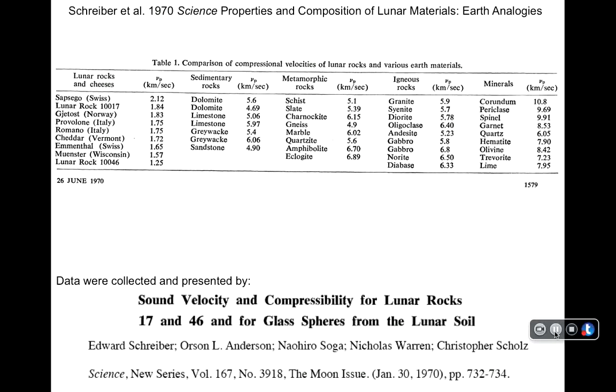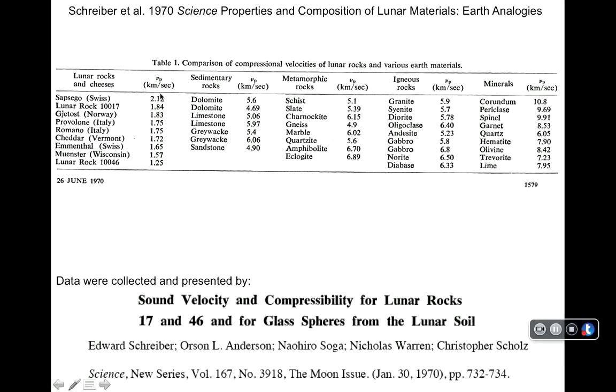The actual measurements of lunar rock 10017 and 10046 were in fact published previously by the same authors, Schreiber et al., in the same journal, Science, but in the Moon issue in January, whereas our current paper was a few months later. Clearly they were still feeling rather giddy and excited at the initial results from the Moon, and decided to do this cheese paper. But anyway, the important thing here is that the cheese and the Moon rocks have velocities in the range